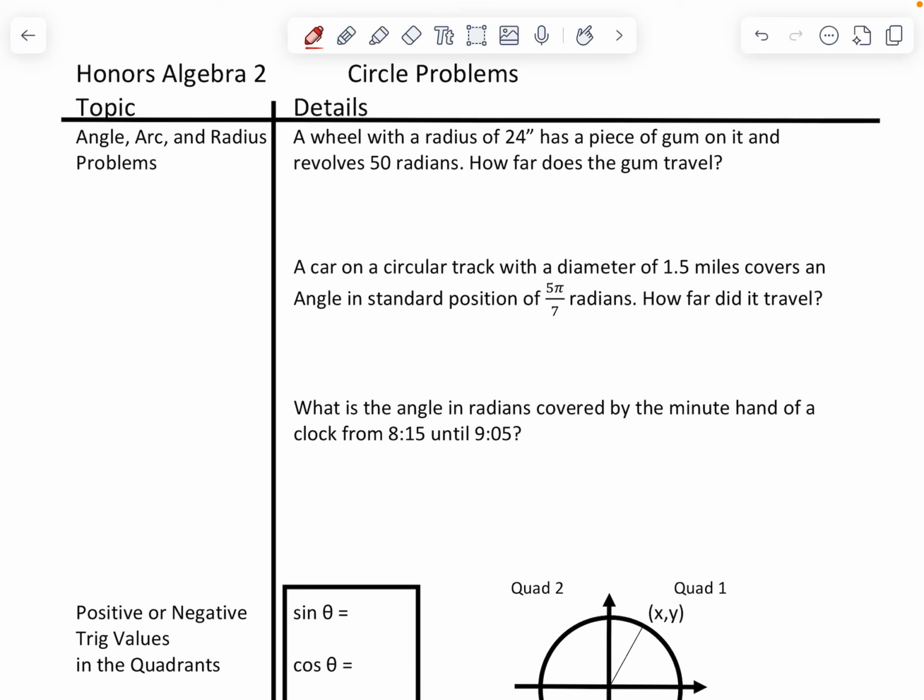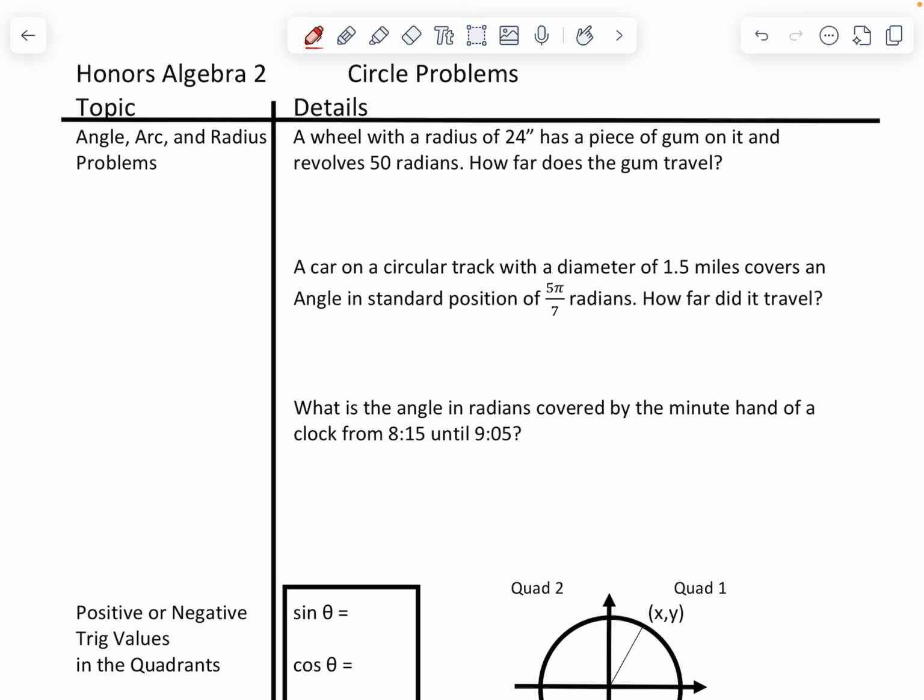Our objective for this video is to solve problems that involve circles using radian information and trigonometry. So we're going to start by using problems that work with radians. This first problem says a wheel with a radius of 24 inches has a piece of gum on it